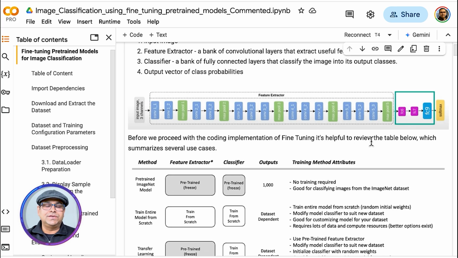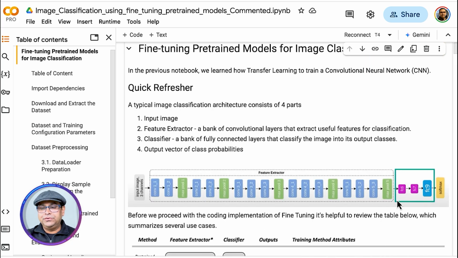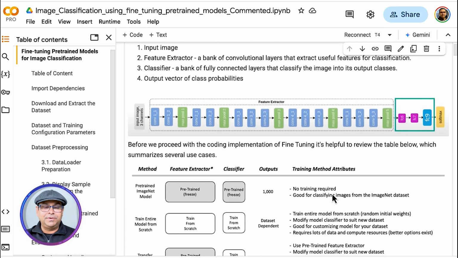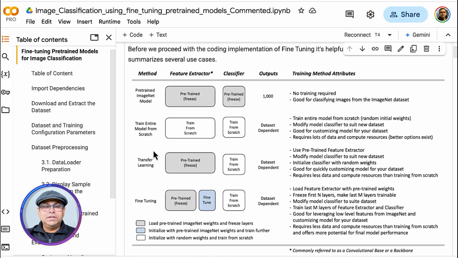And usually you would use transfer learning when you do not have enough data to train the entire network. So you would say that, okay, the features extracted on a different data set are also fine, and I'm just going to worry about the classifier part. But if you have more data, and especially if you think that your data set is very different from, let's say, ImageNet, then you would want to train a little bit more than the classifier. So you train the classifier and a few layers of the feature extractor. So here is what the